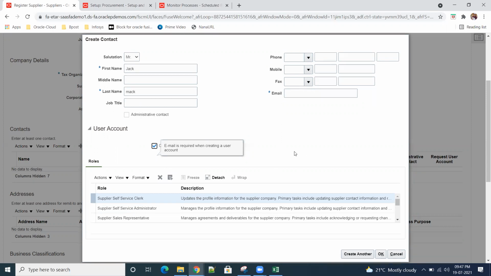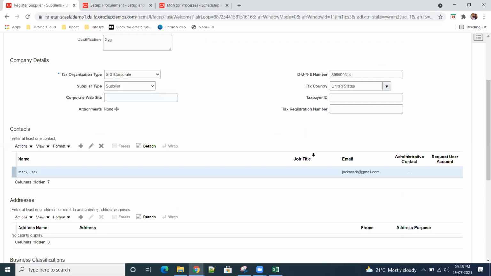There is some setup for that. Using that setup, when you want to delete some roles, you can delete them. But all these roles are useful to run the supplier portal URL. Let us say it is a small kind of application. So here, let me give some name. One contact is enough. Just click on OK.